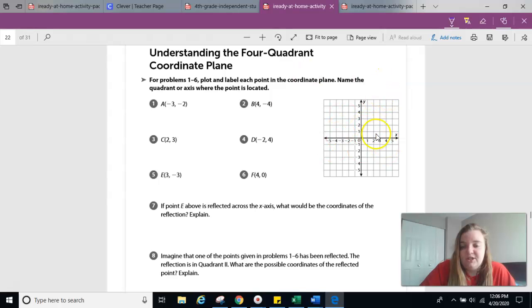There are 4 quadrants, and they are numbered in a specific way. The numbering goes counterclockwise, which means not the normal direction a clock would go, the opposite direction. We use Roman numerals to label them. So this is quadrant 1, this is quadrant 2, this is quadrant 3,